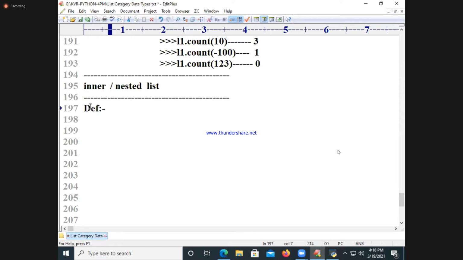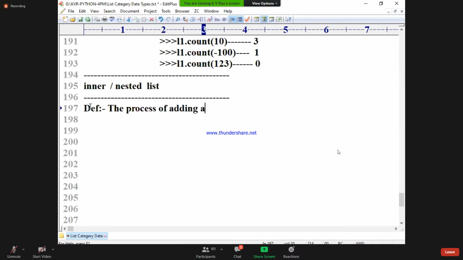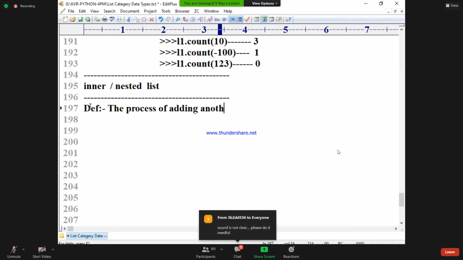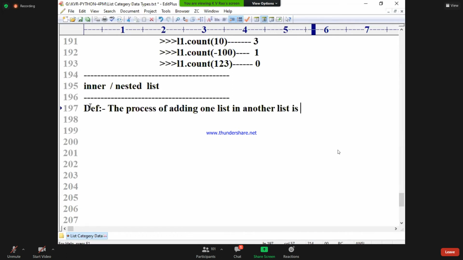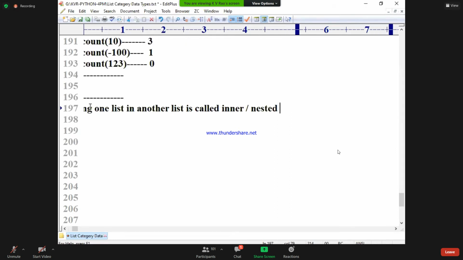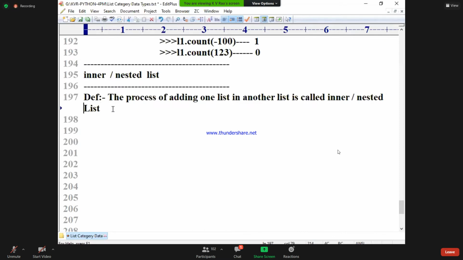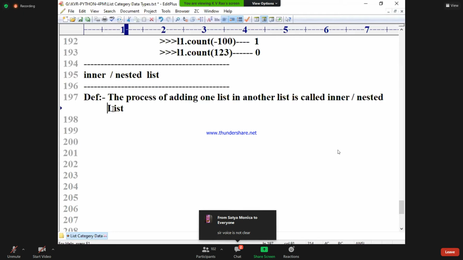Write down: the process of adding one list in another list is called inner or nested list.